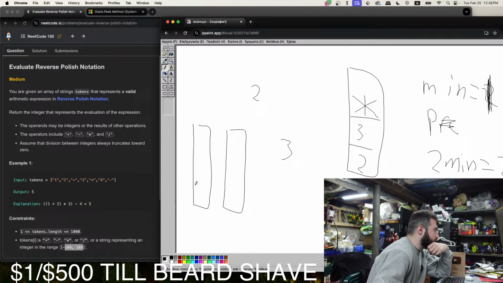So 1, 2, then plus, then 3, then star, then 4, and minus. All right, so once we fill the stacks, then we could start popping them.